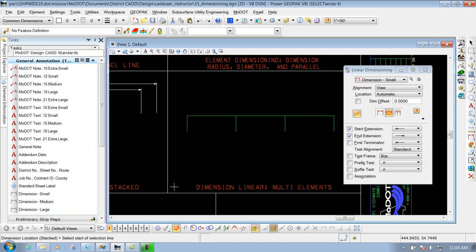And what that will do is it'll say select start of the selection line. So anything that crosses that line will be dimensioned. So I'll left click once, drag it across the elements that I want to dimension. Now I'll determine where I want to place it at, whether it's above or below. You kind of have to watch whenever you do that, because right now if I drag it on the lower side of it,